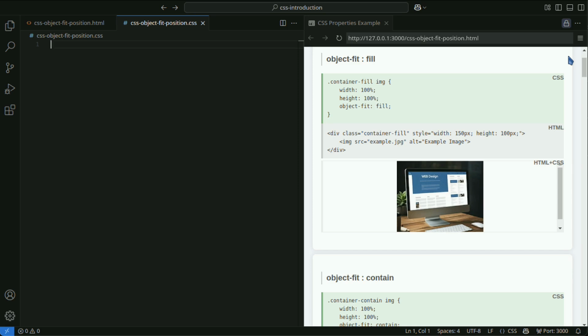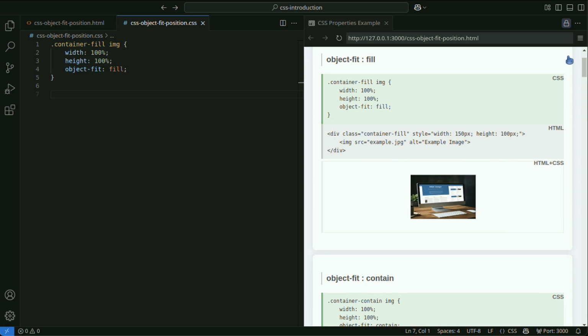Let's look at the values of the object fit property. Fill is the default value, where images or videos are forcibly stretched to fit the width and height of the parent element completely.